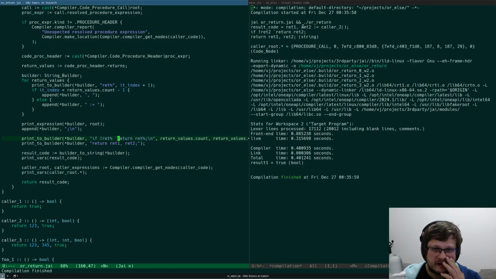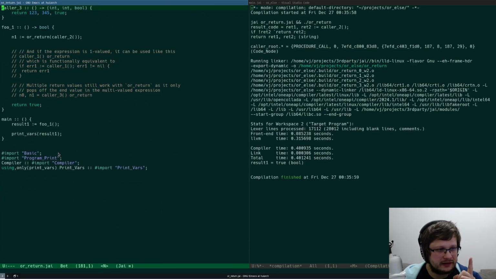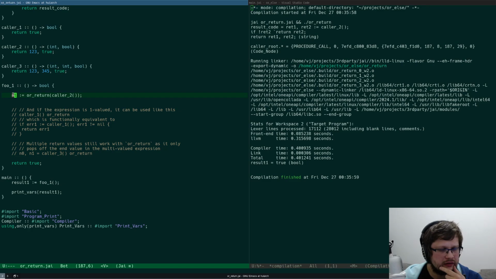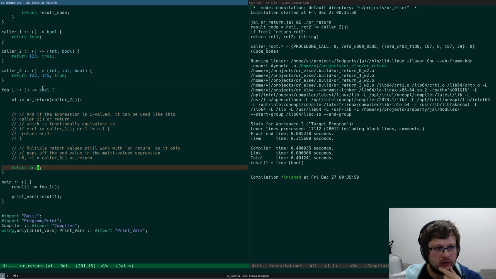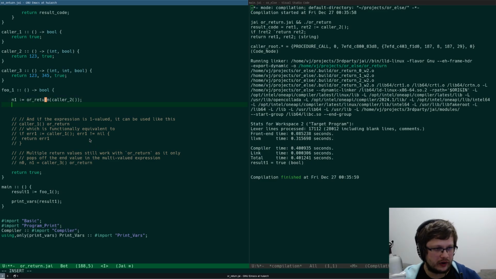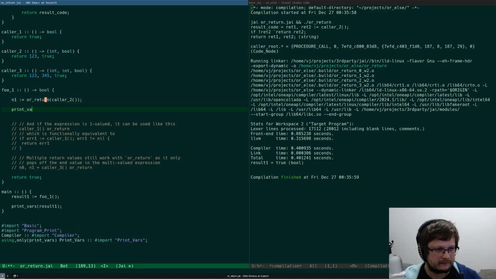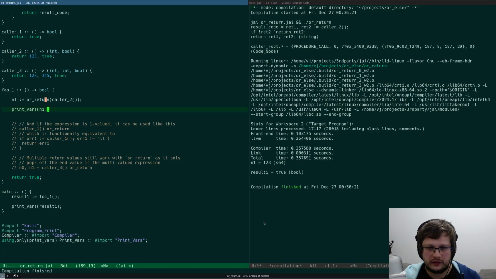Alright. So it type checked. And here, result 1. Should it be true? No, it should be... Oh. Let me print N1. N1 should work. N1 is 1, 2, 3. It worked.